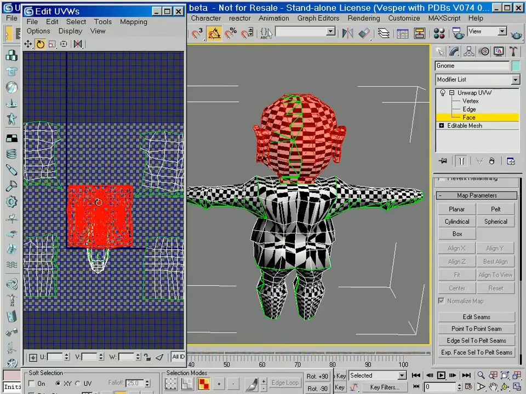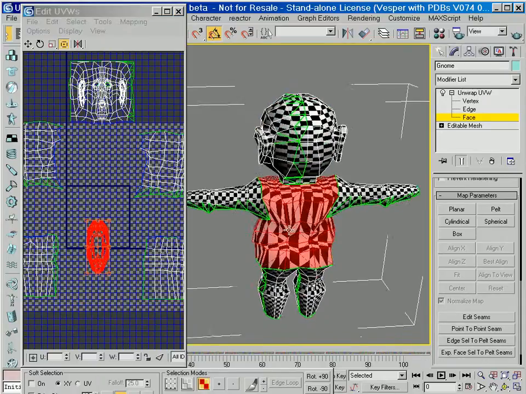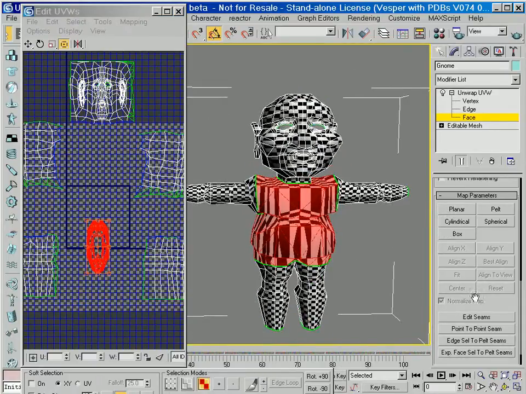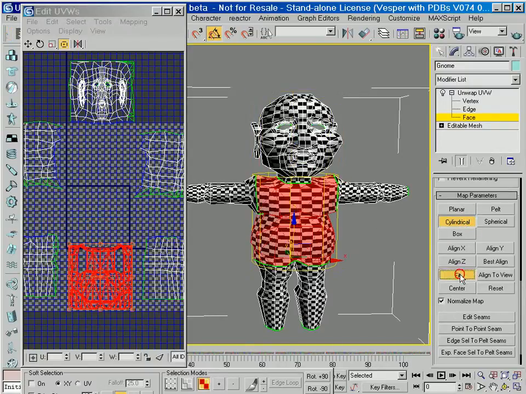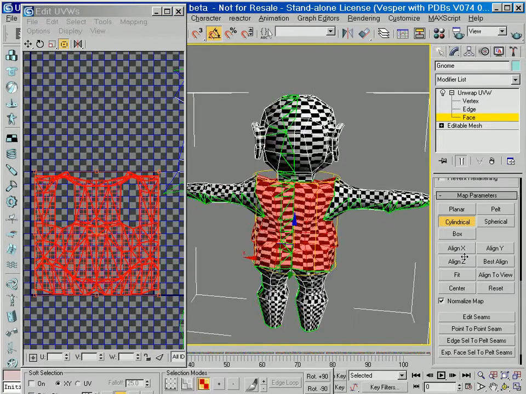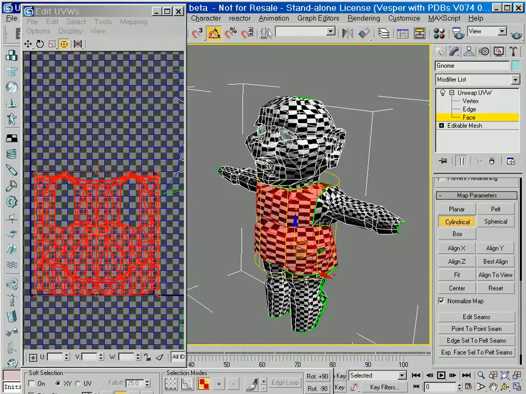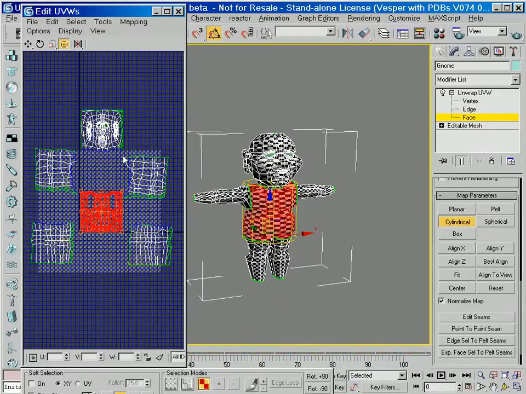And actually, instead of bothering with going and deciding what to select here, we can just select the entire body here, cylindrical map that, and fit it. And actually this is running right down the back, and we have the nice holes for the arm. So basically we're 100% mapped here with some nice cylindrical maps, and if we hop out,